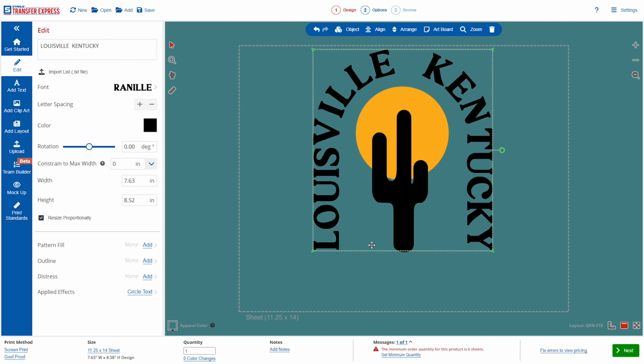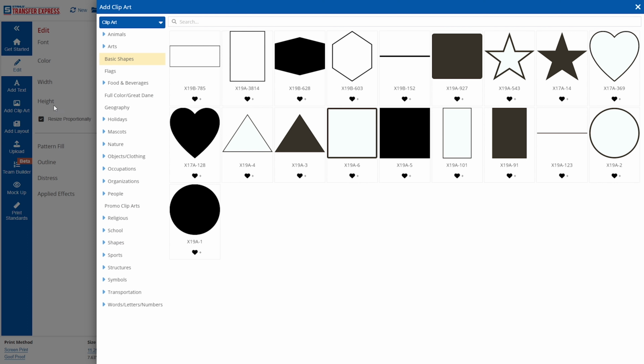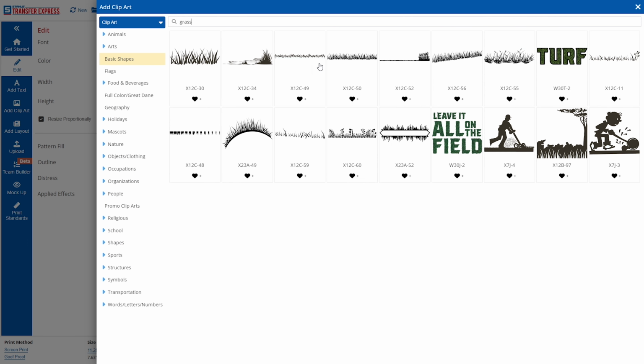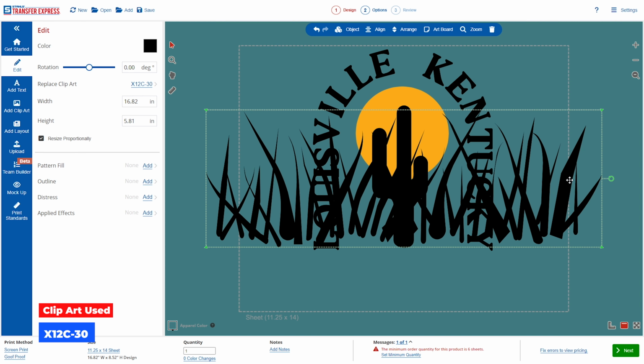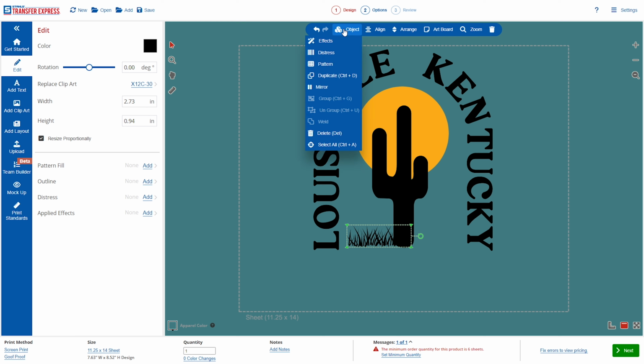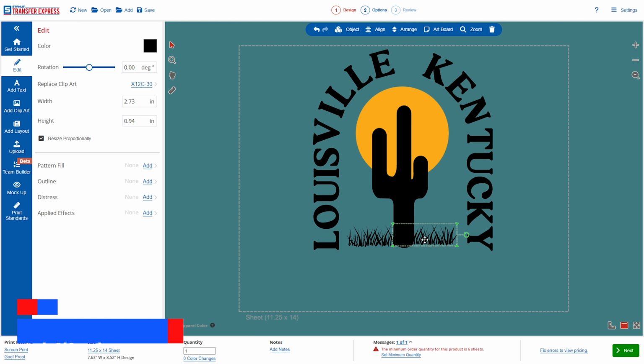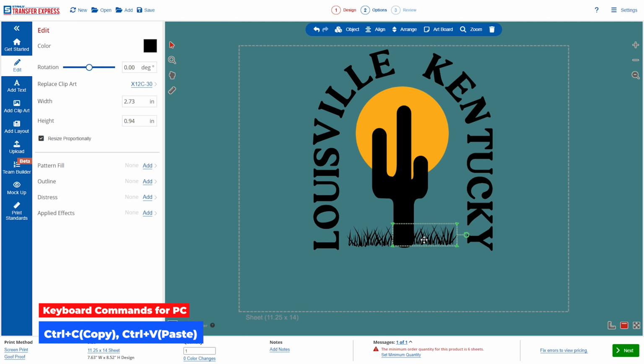But now we need some grass to kind of round out the bottom of this cactus. So back to the clip art library and let's just search grass. And we'll see a few different grass textures that we could pull in right here. And I just want something kind of plain and easy. So we'll go ahead and grab this one. We could scale it down and just add it on both sides of our cactus. Now I could also go to Object and Duplicate to easily duplicate, or you could use those commands on your keyboard like for copy and paste, the Control-C, Control-V, or if you're on a Mac,